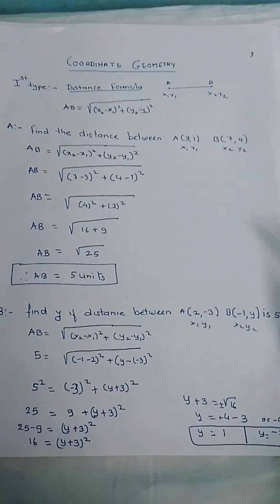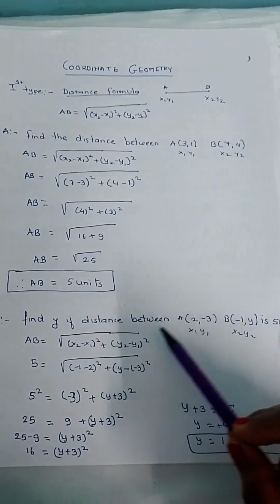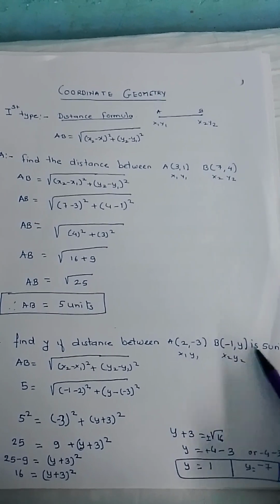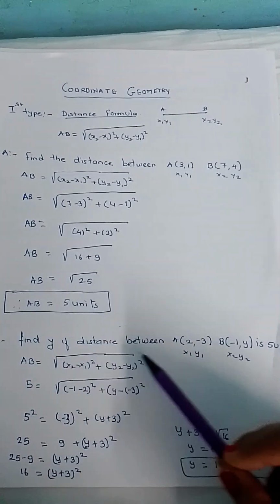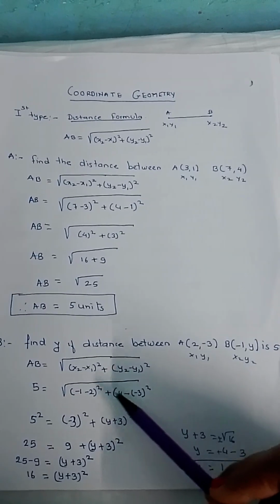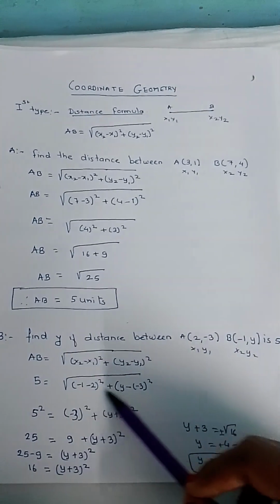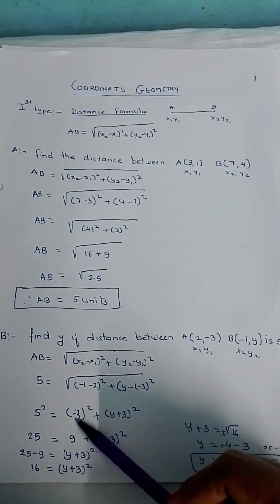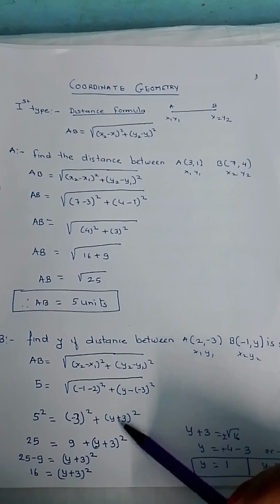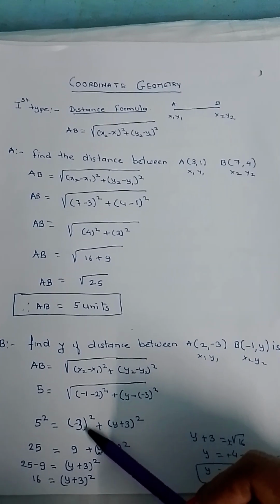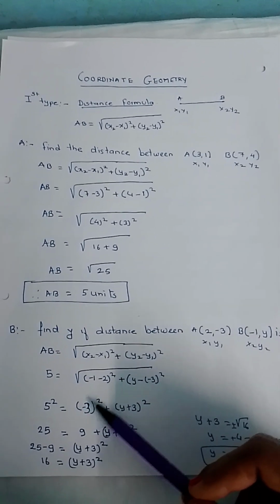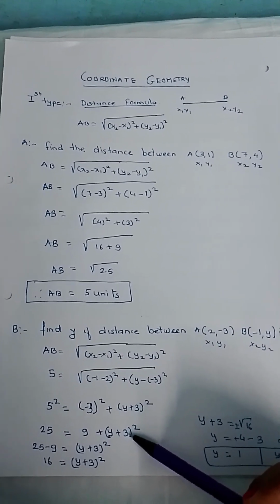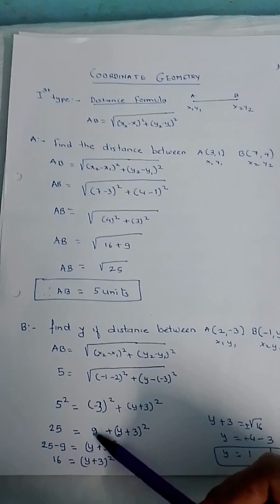Similarly, if you get a sum saying find y if distance between A and B is 5 units. Here the distance is already given, you have to find the coordinate y. Again put the formula, substitute the values. Minus and minus become plus, sign remains minus. Minus and minus plus the whole square. 3 square, when you take a square of anything, the negative sign goes. Here also square. Now take only the number to the other side,